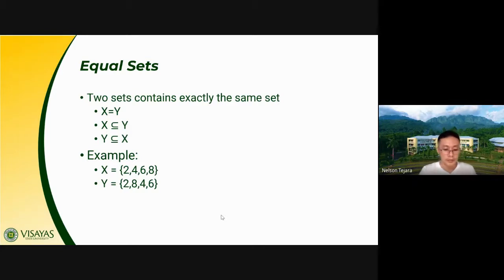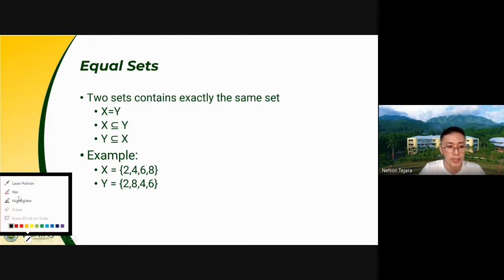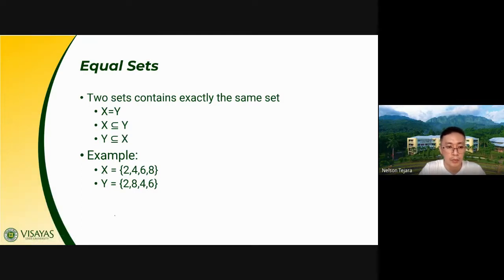Okay, so when can we say, class, that two sets are equal? Again, from this PowerPoint presentation, it states that two sets are equal if the two sets contain exactly the same elements, regardless of the arrangement. So for example, we have our set X and set Y. Set X contains elements 2, 4, 6, and 8, while your set Y contains elements 2, 8, 4, and